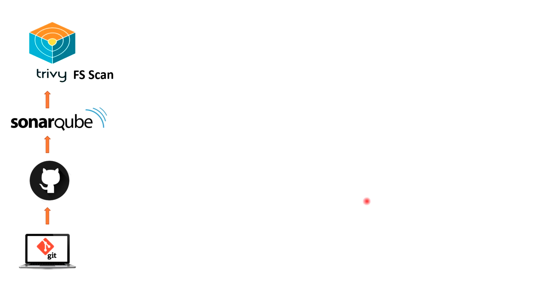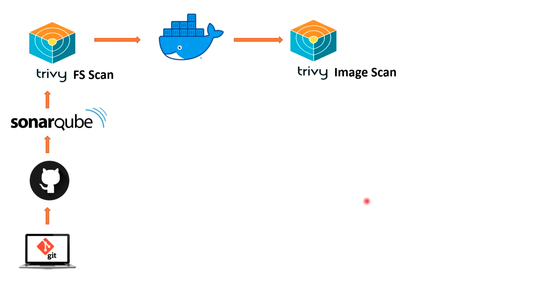After that, our GitHub Action will build the Docker image and push that Docker image to Docker Hub. Then a Trivy image scan will be performed for the Docker Hub image, and then